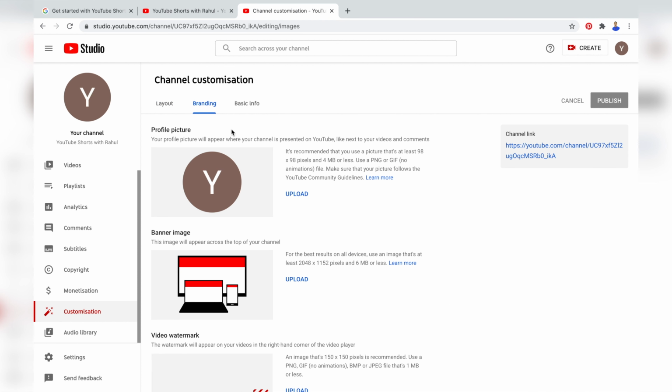And on the branding tab, you get the option to upload a profile picture, that is also your channel logo, and the recommended dimension for the channel profile picture is 98 by 98 pixels and 4 MB or less. I have already created a profile picture for my channel, so I'm not going to go into step-by-step instructions about how to create it.